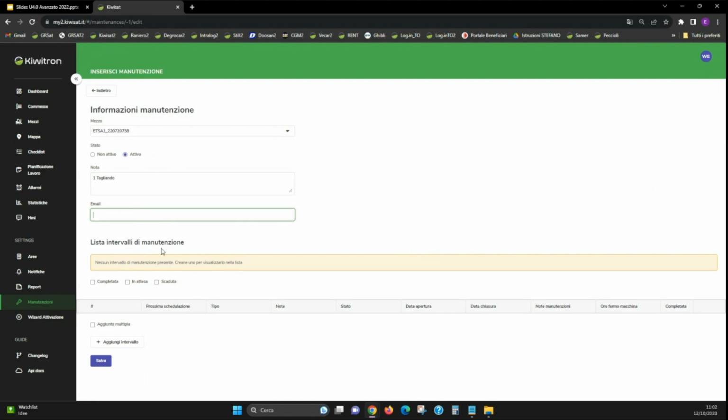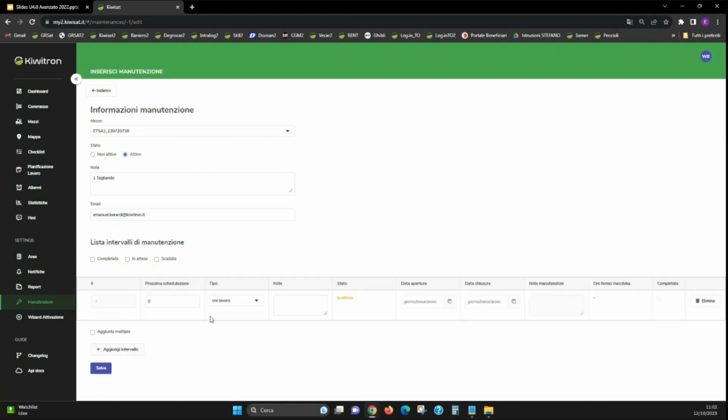I fill in the email to which the notification must arrive. I can also insert two or more emails separated by semicolons. And then I select what kind of inspection. That is, inspection with which deadline: for hours of work, but this obviously has to be in the maintenance table. Or ampere per hour consumed, but that is a very specific thing, so it is done by